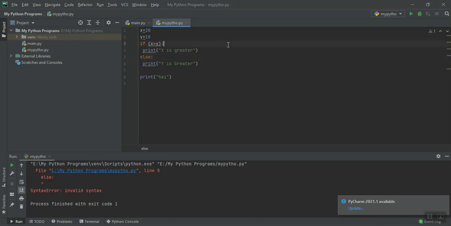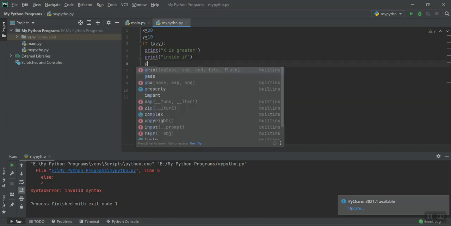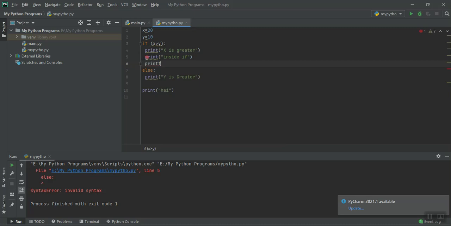For example, if we want to give print inside if, whatever number of print statements or statements you have inside this indent, when I run this, all three will be included.